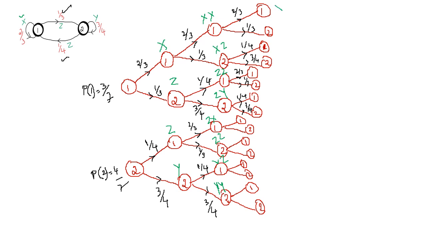Next time what we are going to get, x is already present, then from 1 to 1 when it is going, we are going to get again the symbol x. So x, then we are going to get xxz, then next we are going to get xzz. Okay, so next we are going to get xzy, then here we are going to get zzx, then we are going to get zzz, next we are going to get zyz, then zyy.